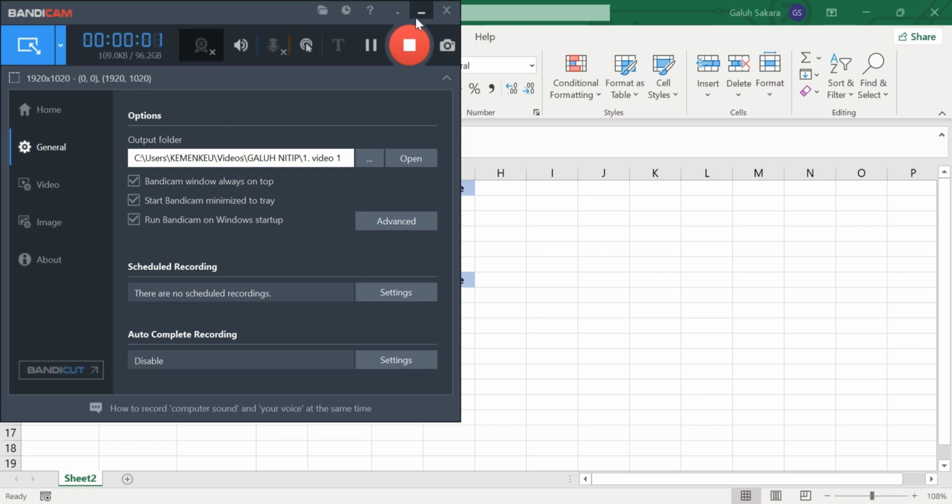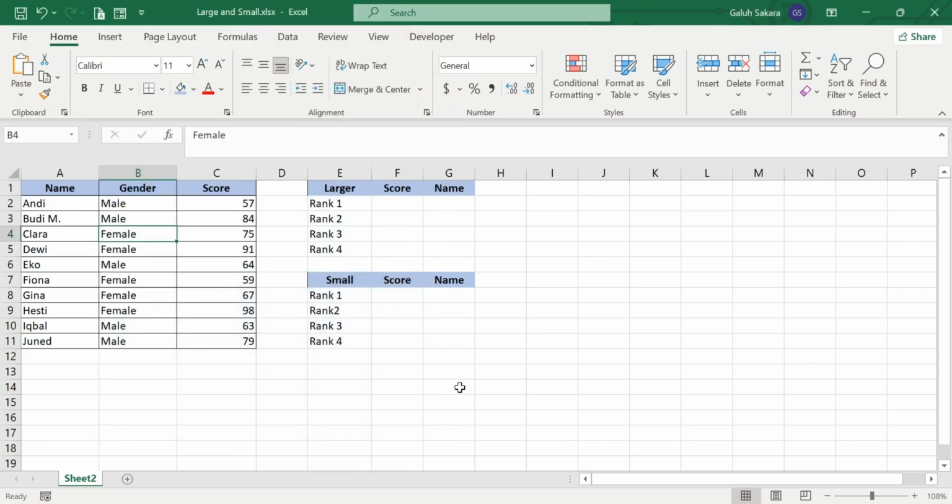This is the Microsoft Excel tutorial on how to look for or find the three highest numbers or four highest numbers, or the four largest numbers, in Microsoft Excel based on the data that we have. For example, we have students and their scores, and we need to know the three or four largest scores